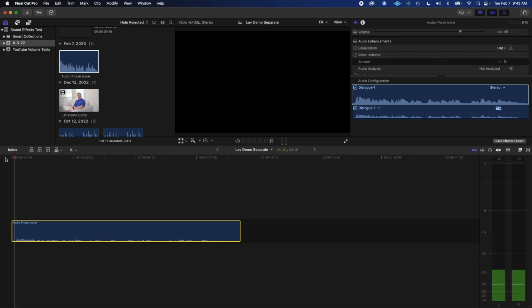I'll play it quickly. Now, everything on the meters looks normal. Up here looks totally normal, but there is in fact a problem because the left and the right channel are